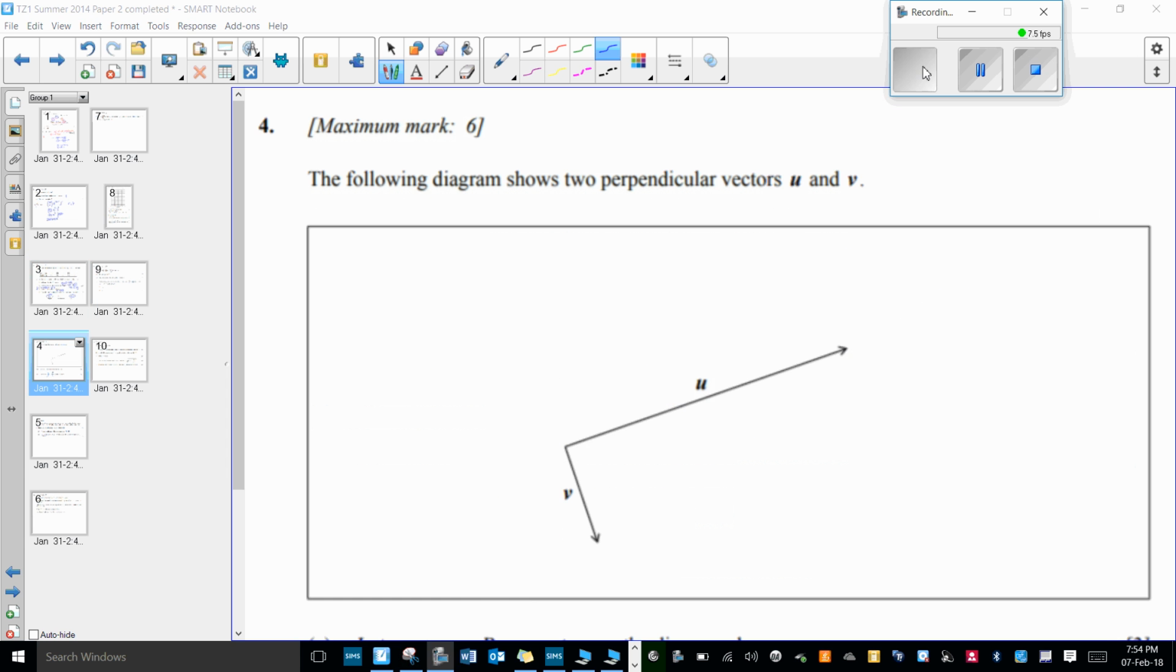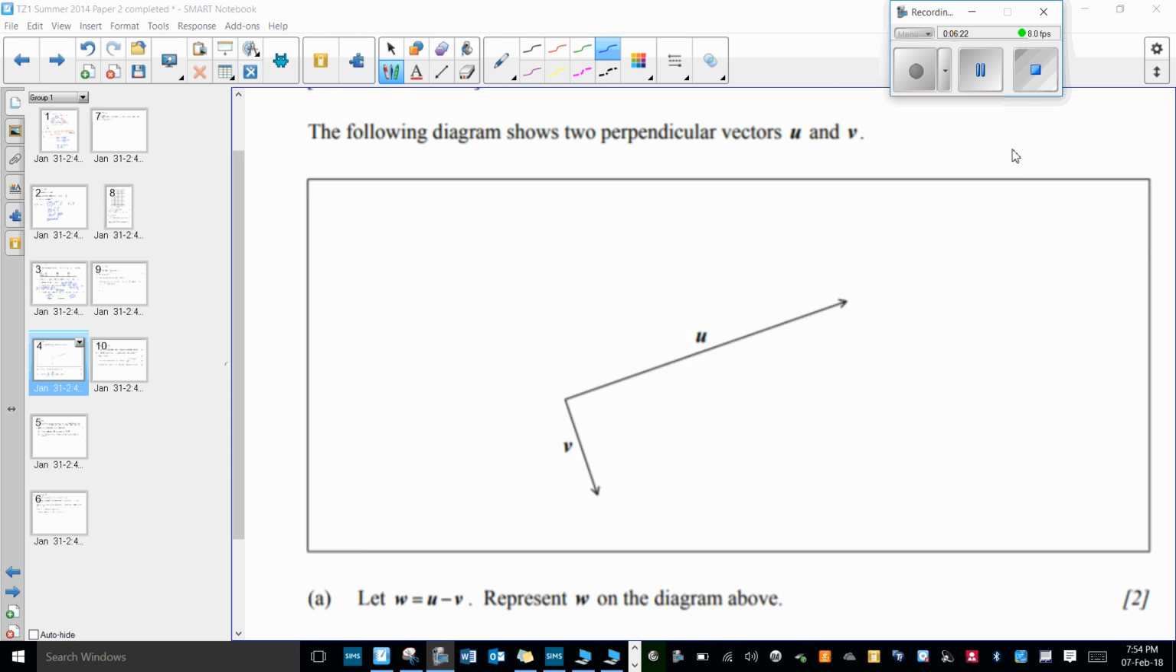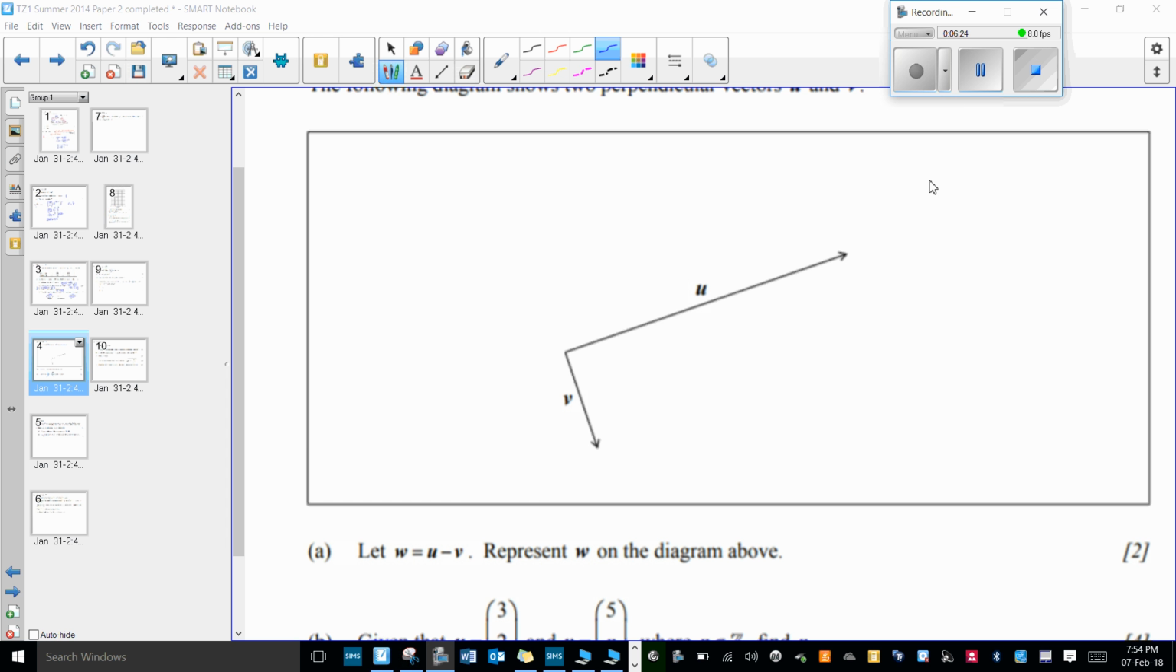Okay, let's see if we can get this one done before we stop it again. Alright, so there's vectors u and v. As I said before, I'm doing the vectors questions now. It's just so you've got them for later on. So w is u minus v. So u minus v. So if we're going u minus v, we would be going,